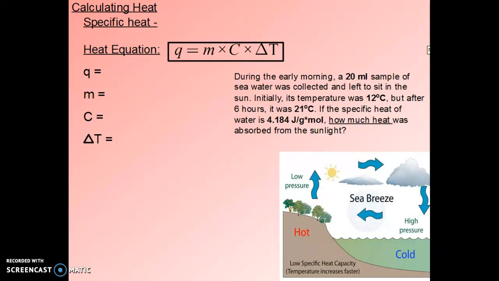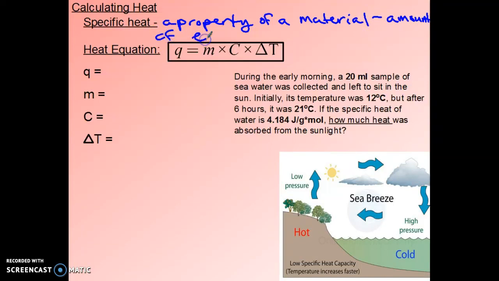All right, so we can actually calculate the amount of heat, which is the same thing as what we were talking about, the calories that are in food. That would be the amount of heat provided by a substance upon digestion, or the amount of energy that's contained within the bonds of that chemical mixture. So one thing that we need to know to be able to calculate this is the specific heat. Specific heat is a property of a material and it's the amount of energy to raise 1 gram of that material